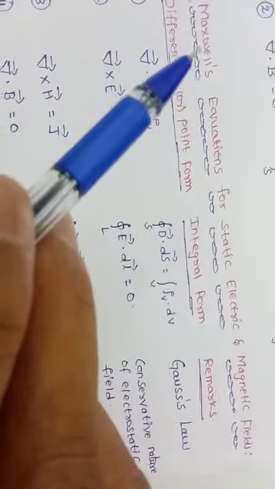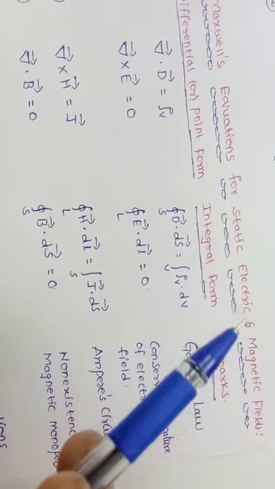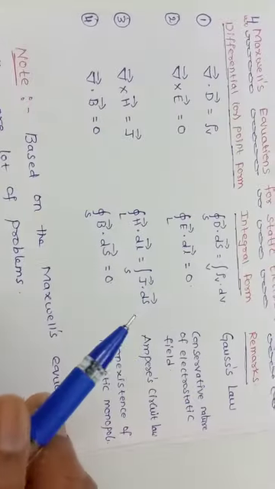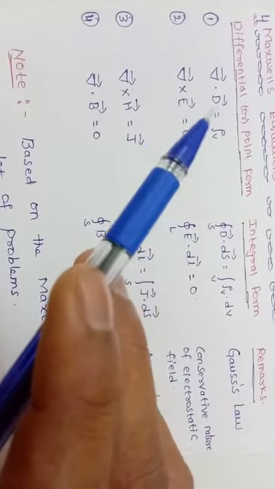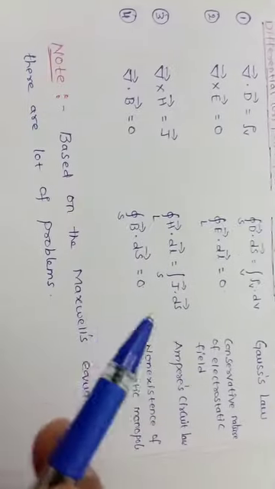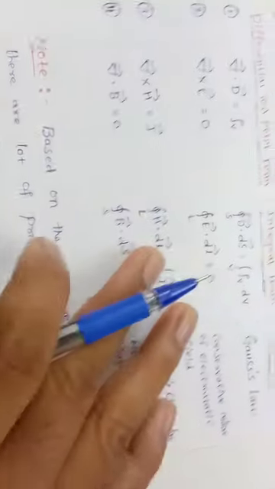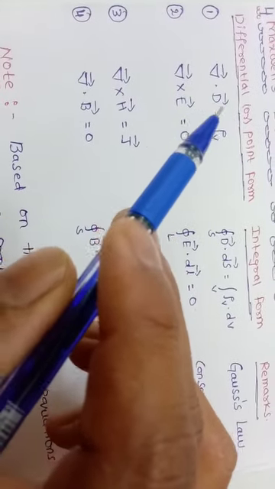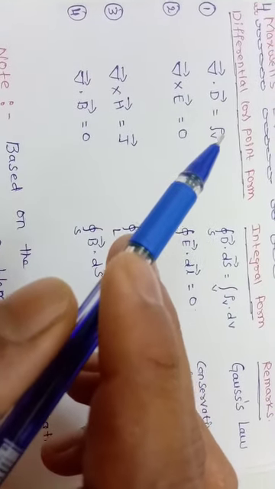Observe the name of the table: Maxwell's equations for static electric and magnetic fields. Is it clear? These are the four Maxwell's equations. They are very important, okay, because based on these four Maxwell's equations we are going to do a lot of problems. If you observe, if they have given the electric flux density, we can find out